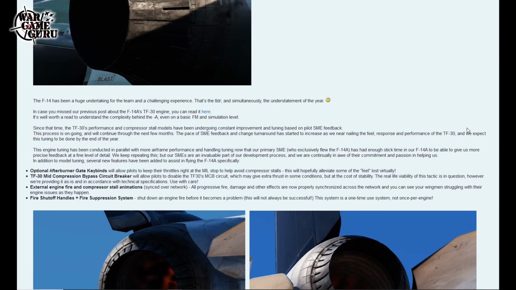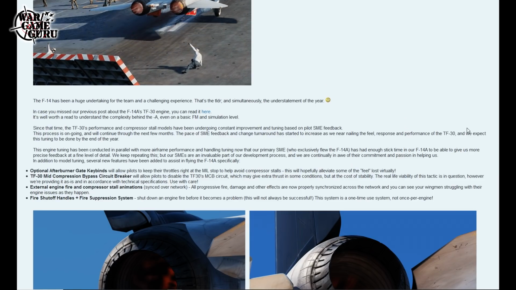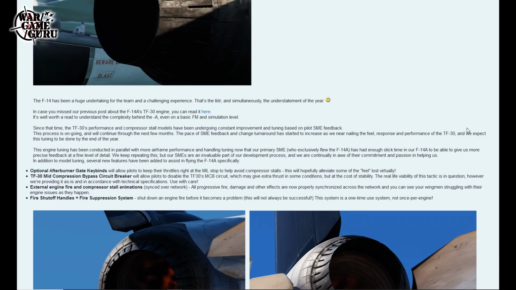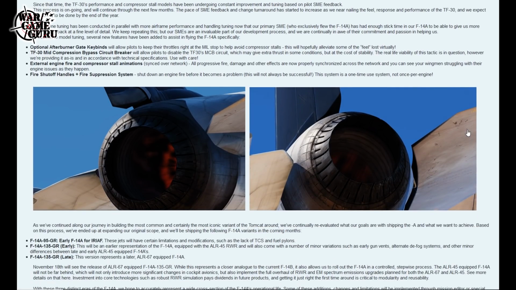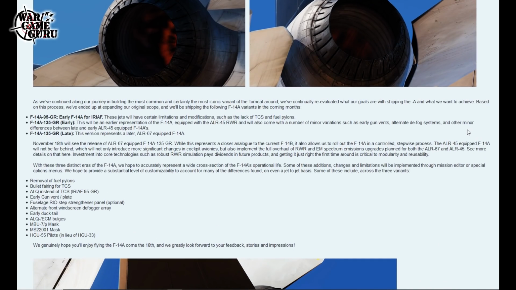Some of the other things that they're doing is optional afterburner gate keybinds, TF30 mid-compression bypass circuit breaker, external engine fire and compressor stall animations, fire shutoff handles and fire suppression system, and then stuff that's coming down the line is F-14A-95, F-14A-135, F-14A-135 late model. So on November 18th, we're going to see the release of the ALR-67 equipped